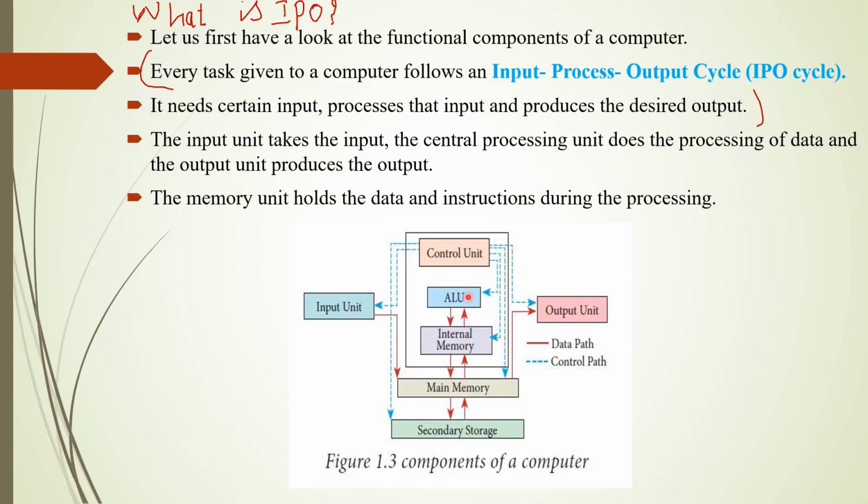Then it moves on to the arithmetic and logical unit, and all the arithmetic process is done here. Then it again moves on to the internal memory, then again to the main memory. Here the operation stops. Then this main memory produces the output. This main memory only does all those things: once it receives the input and the process is done, after all the processes are done, the main memory receives everything and produces the output.